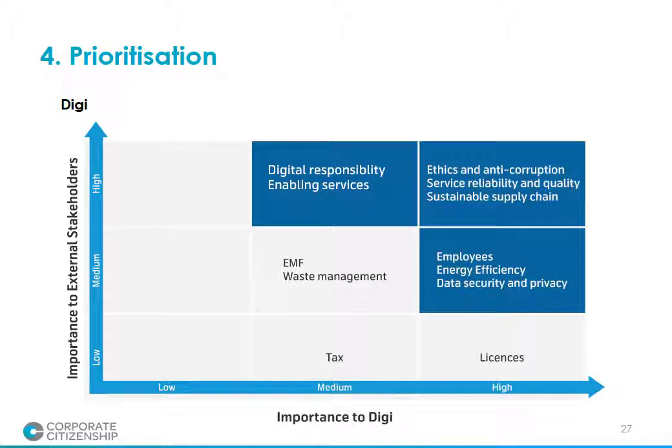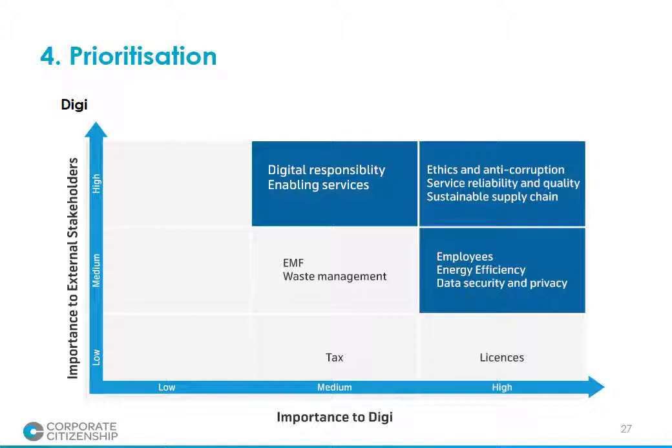Next up, we have Digi, who reports a relatively simple materiality matrix. You can see, in fact, interestingly, that rather than plotting each issue on a particular point on the matrix, they have divided the matrix into 9 sections. And within each of these boxes, they are then listing out